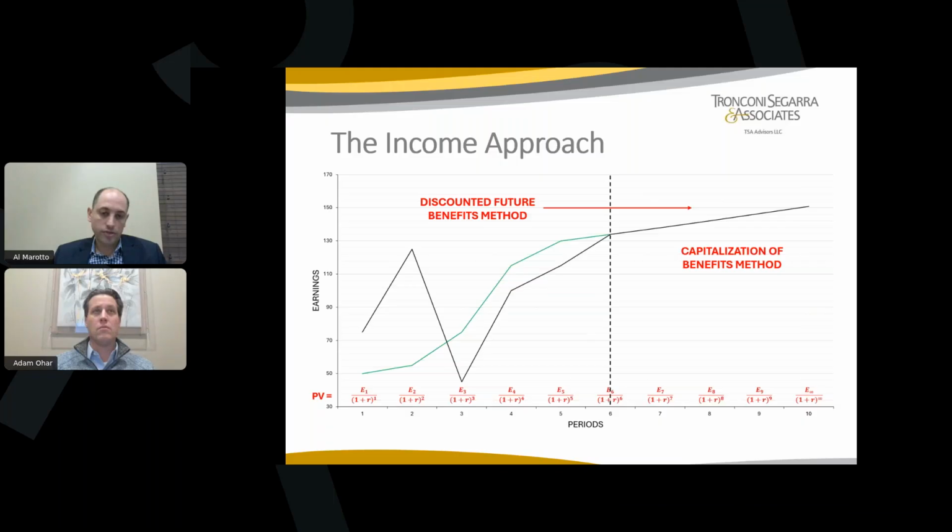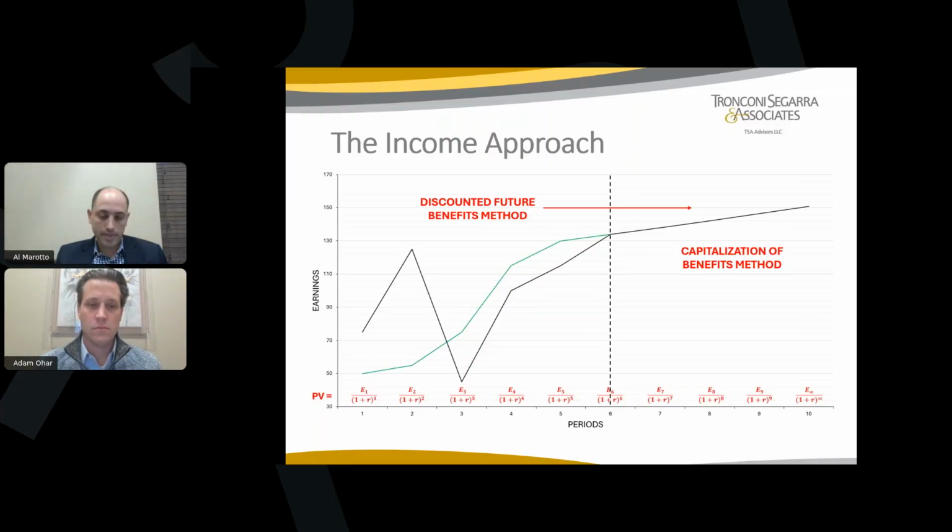So I kind of alluded to these two different methods and how they are interrelated. The key really being that you use a discounted future benefits method when you have a period of uncertainty, but it essentially leads into the capitalization of benefits method once you get to that dotted line on this graphic, which is the point basically of maturity of the business or a period of sustained continued growth into perpetuity. So you can see I put together two different scenarios, one in a black line, one in a green line, that ultimately lead to a steady growth black line there on the right side.